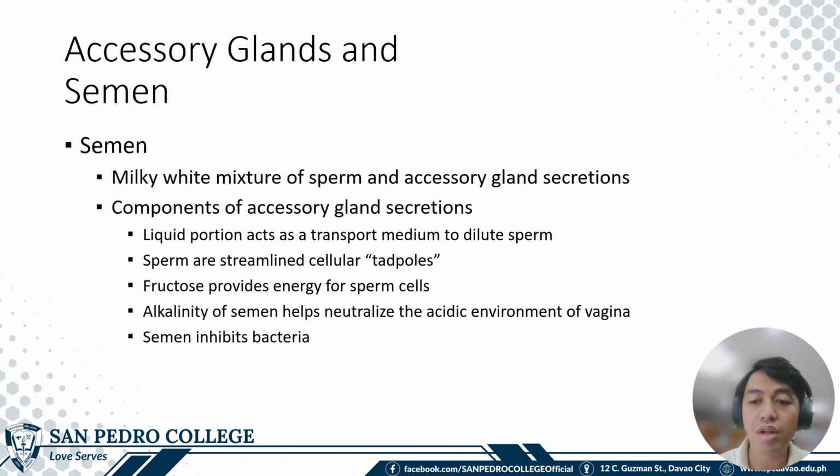The semen, therefore, is a combination of all the fluids released by all these accessory glands. However, the semen should be differentiated from the sperm. The fluid that comes out of the penis during ejaculation is the semen, and it may or may not contain the sperm. So the sperm again comes from the testes. The fluid portion of the semen, rather, is from the accessory glands.